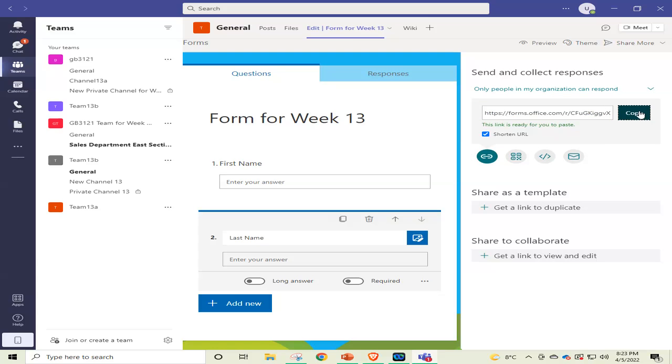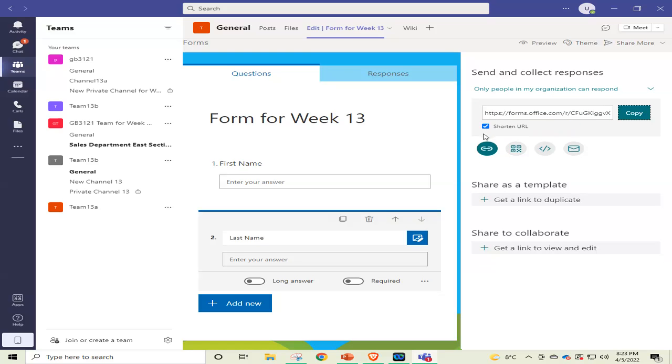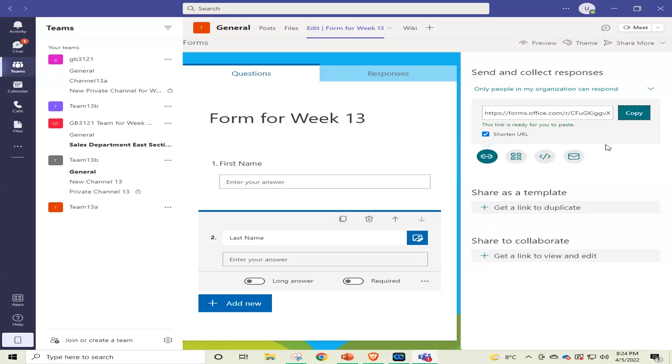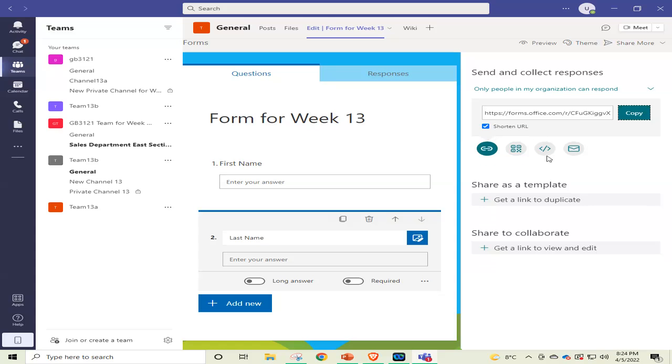Then we copy the short URL, and we can share this embedding in HTML, send by email, or send by QR code, share as a template, or share to collaborate, get a link to view and edit. If we share to collaborate, the students, the other parties, whoever, can change this form also. Okay, so send and collect the responses.